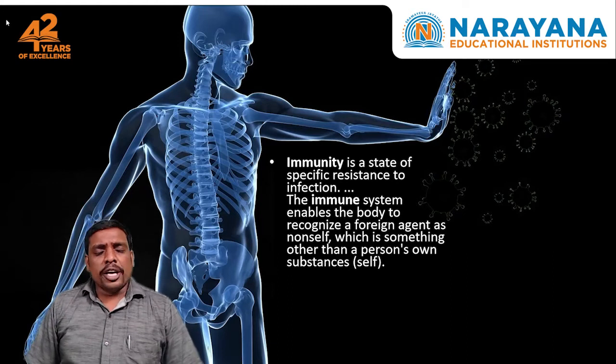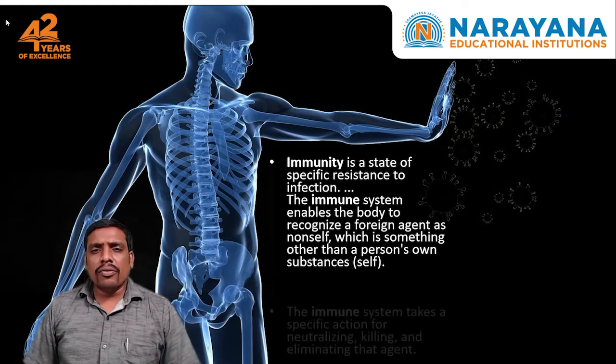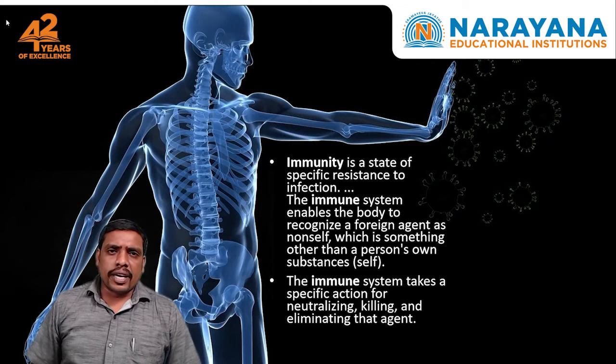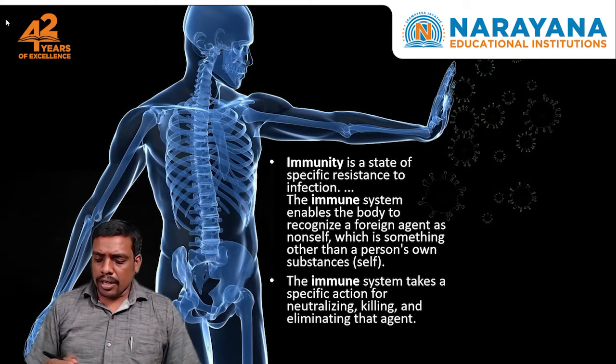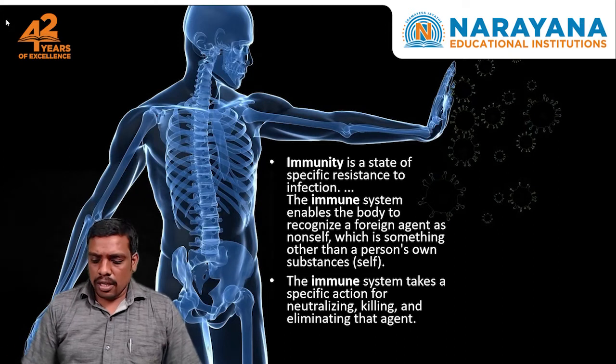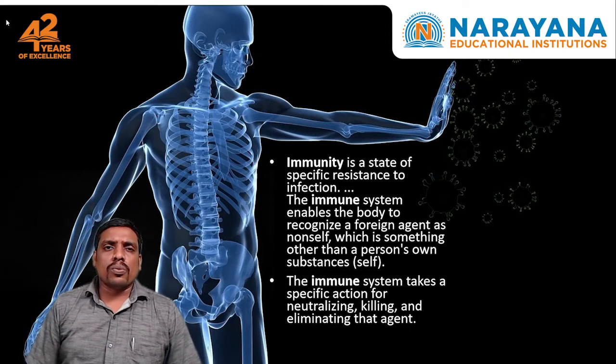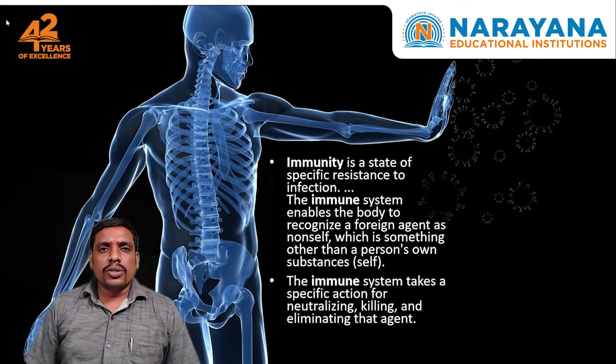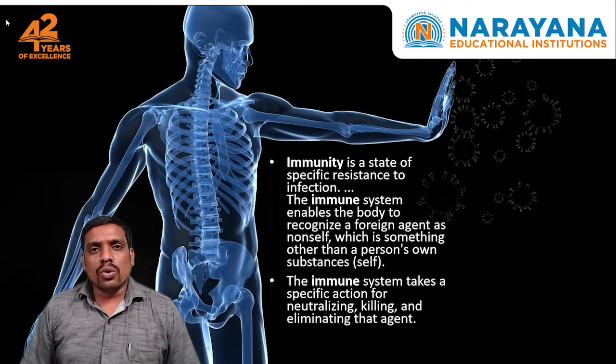Now, if any foreign body or foreign material enters our body or the blood, what will happen? Immediately, the defense mechanism acts upon these pathogens and is able to kill them